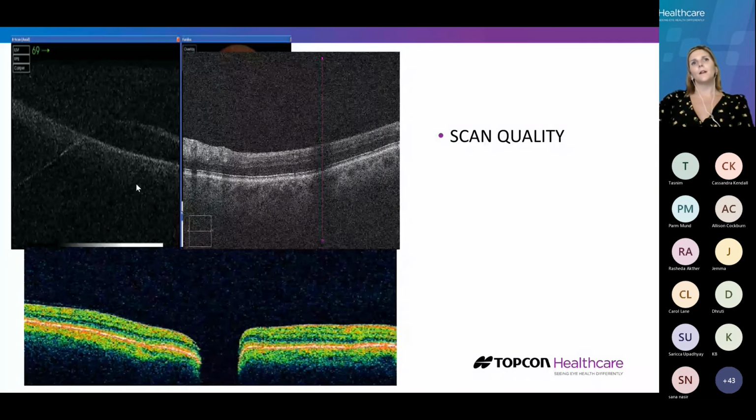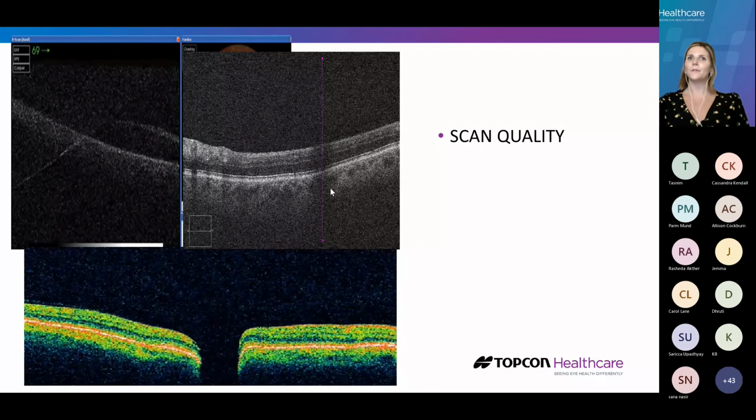Now, this is just some examples. So if you're looking at scan quality, here you can see in this top left image, we have a poor scan quality due to media opacities. In the image where you've got the purple vertical line coming through it, you can see that we've got a shadow. Now that shadow is due to artifact, and that's from a vitreous floater. So that overcast from the vitreous floater is causing the shadow,